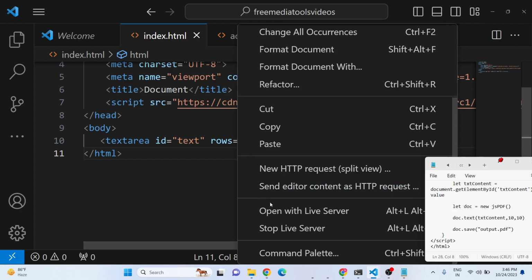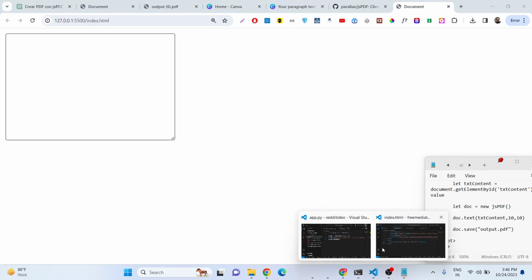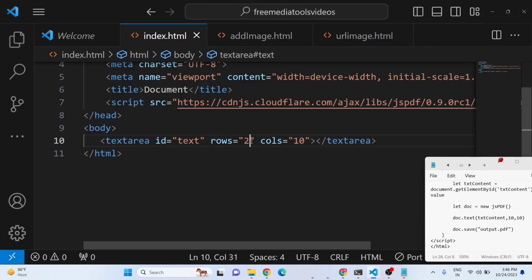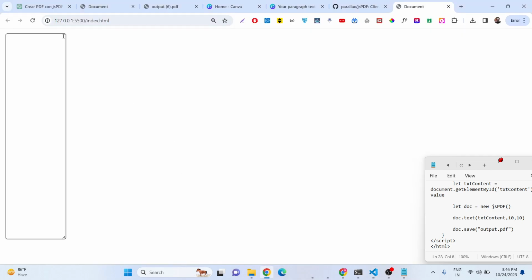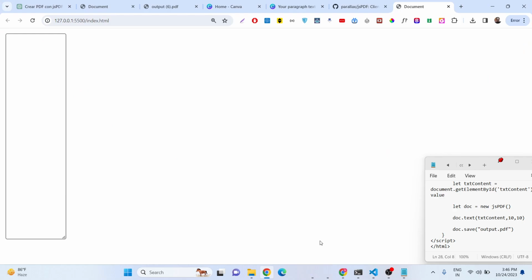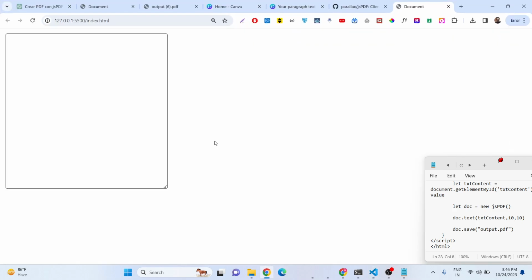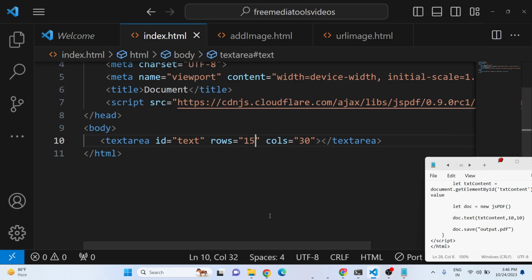And if you now refresh your application, there will be a simple text area. We can even resize it, and I think we just need to increase its rows, which is 30, and columns, let me say 5. So this is the text area, guys. You will see that,